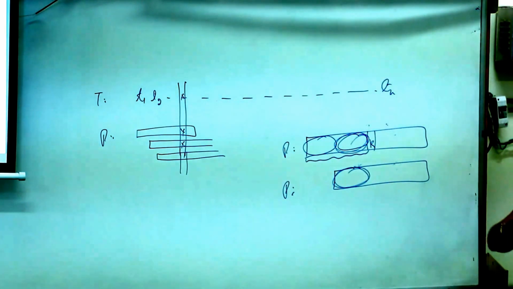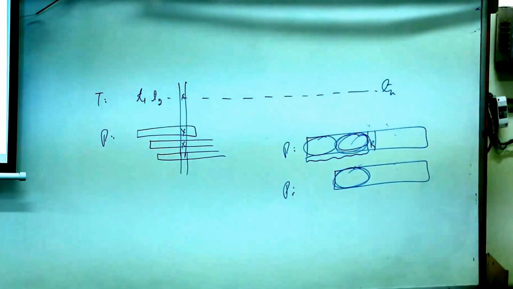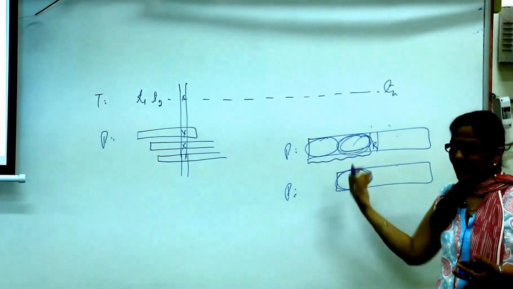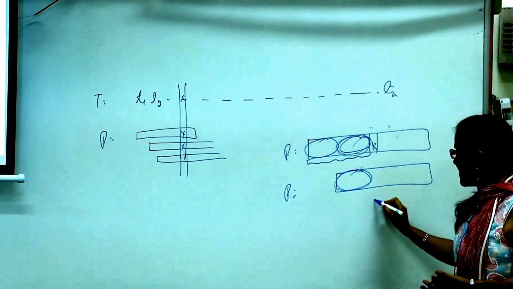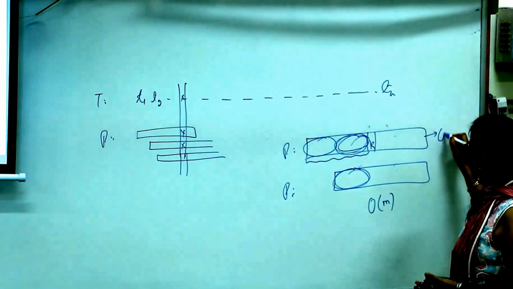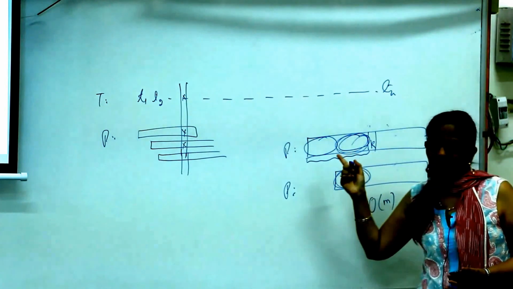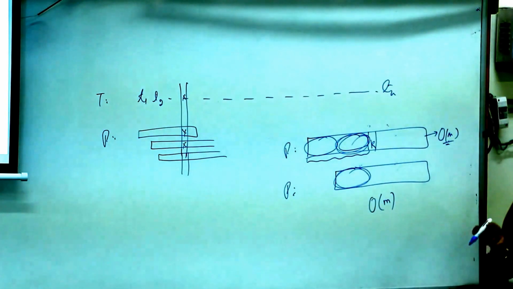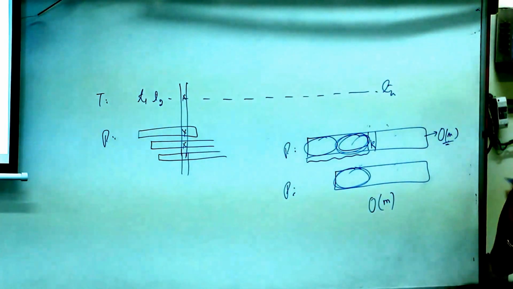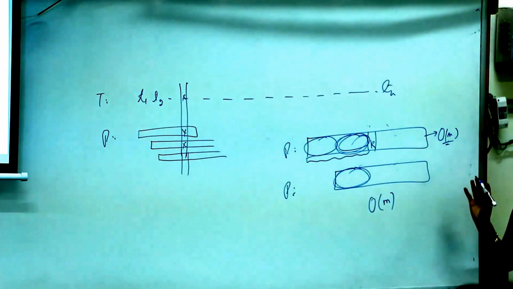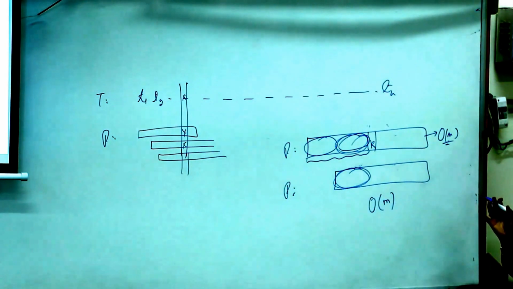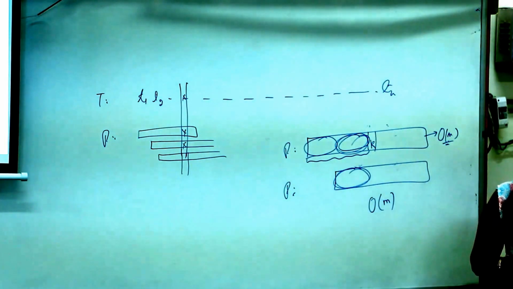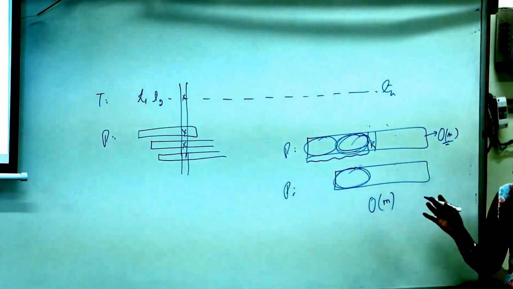Just broad intuition. We are doing something similar, and by the same arguments you can say that I can compute this in order m time now. Each character of this will participate in at most m matches and at most m mismatches while computing this, etc. But we don't argue it this way. This is not how we argue this, but this is a broad intuition. If I give you the algorithm, you will anyway be lost. This is just an idea.